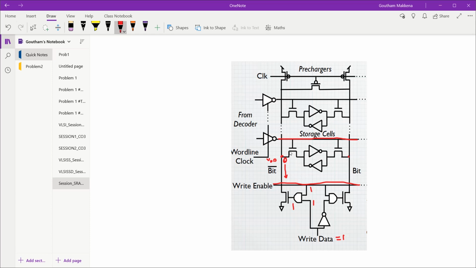And once this is 0, this is a pass transistor, so whatever the potential here may be, it is also pulled down to 0 by this pass transistor. Once this is 0, this inverter inverts the value, and at this point we have the value 1, and this 1 goes through this inverter and has a value of 0. So now whatever data we have written over here, the 1 value, appears in the memory cell